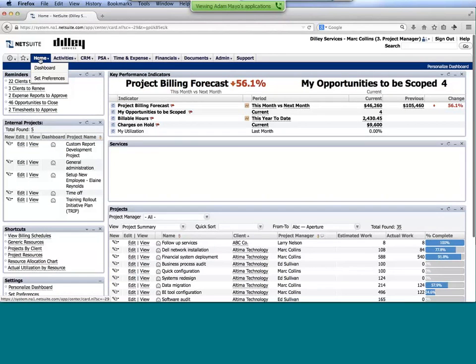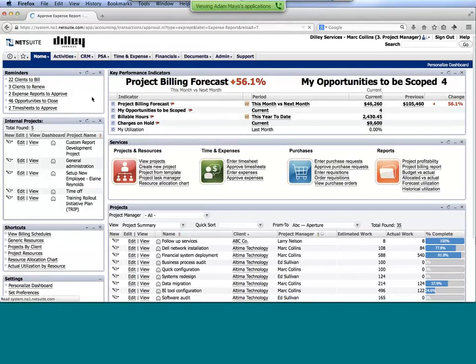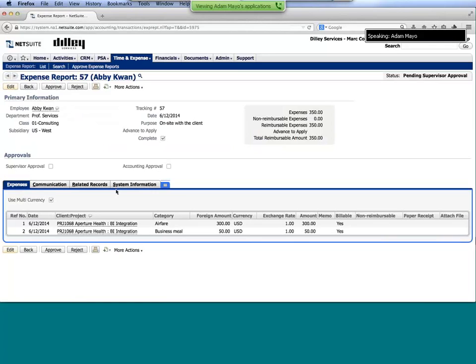So as I go through here, I'm going to go in and enter or view my expense reports. And again, I have a couple of expense reports that we're waiting approval on. Here's the one for Abby, and again, I can click into it, view those details as we see fit, and if everything looks okay, I might be reviewing the receipt attachments. I'm going to go in and click Approve.